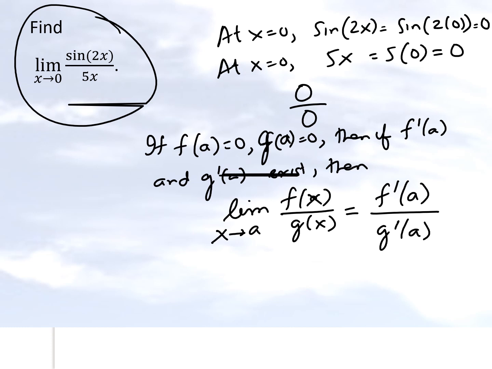So the bottom line is that we take the derivative of the numerator, we take the derivative of the denominator, and see if it exists. If it exists, then we can put the limit of x approaching a on the derivatives of the numerator and denominator, and that's what L'Hopital's rule tells us, as we're getting 0 for both the numerator and the denominator.